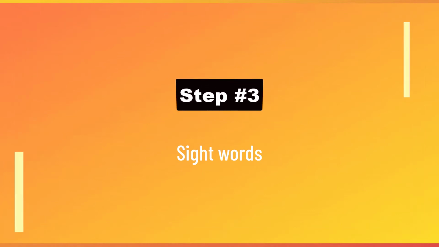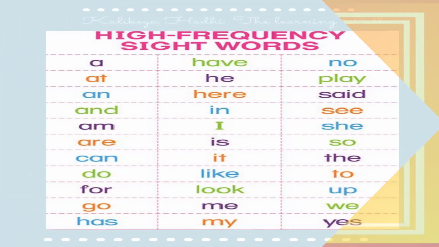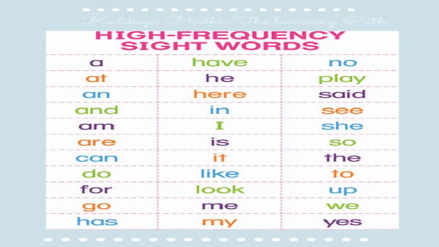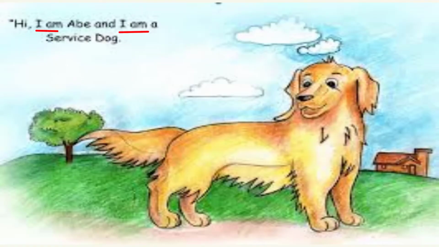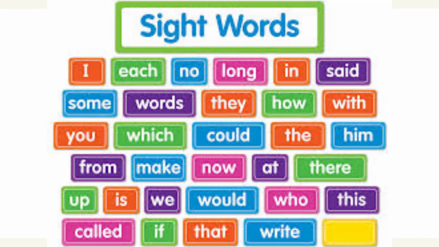Third and final step in this lesson is introducing sight words. Sight words are commonly used words like in, an, a, the, like this. Believe it or not, a children's book is made of 75% sight words. So in order to build speed and fluency when reading, a child should learn to recognize such words without sounding out the letters. In the beginning, we will start introducing only 1 or 2 sight words at a time so that it will be easier for kids to memorize those words.